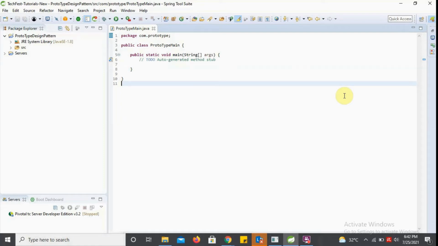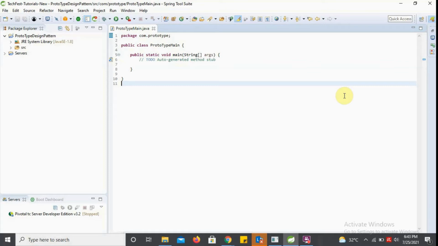Now if we want that employee data again and do some modification on it, and we don't want to use that original object, do we need to pull that object again from the database?